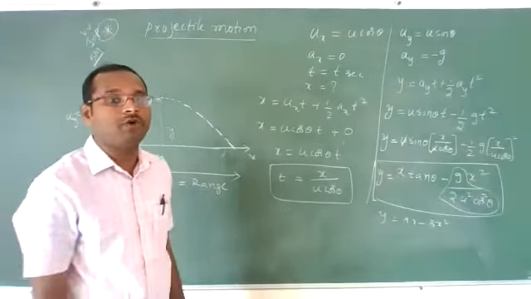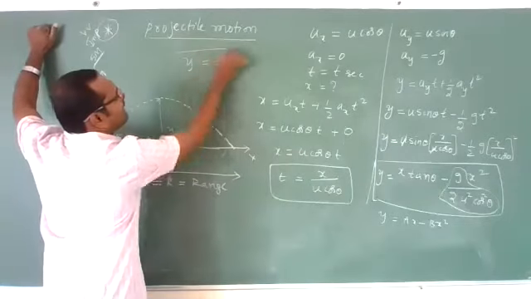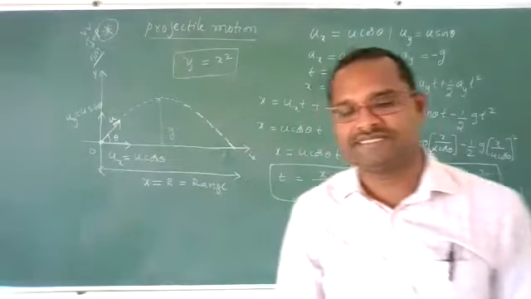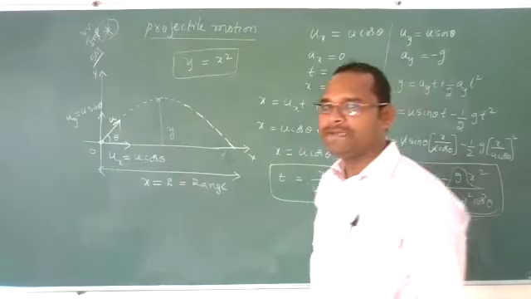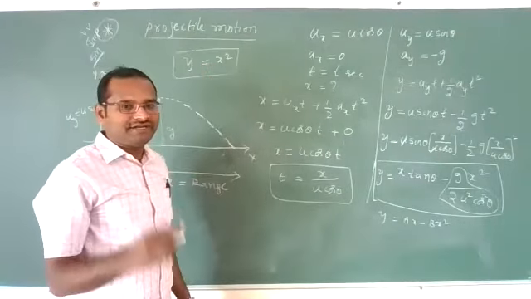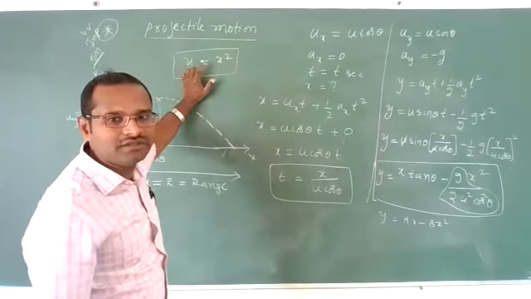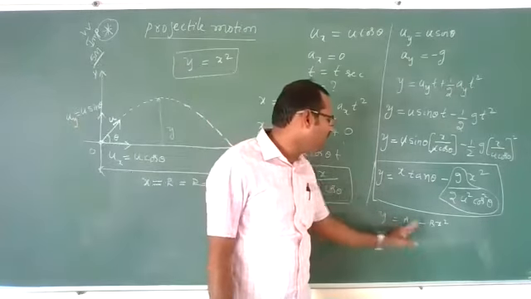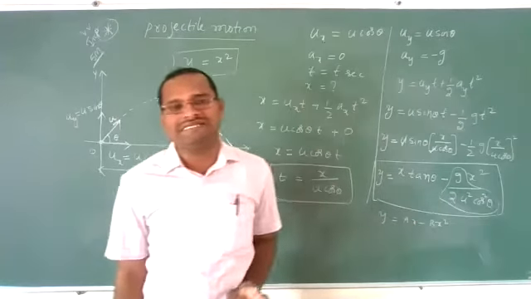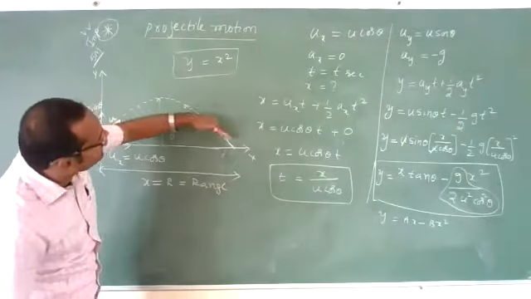parabolic equation, a parabola. You know y is equal to x square is a parabola. I have explained this in basic mathematics, in the bridge course. Whenever an equation is in the form of y equal to x square, it is a parabolic equation. Here this is also in that form. It is also a parabolic equation. Means mathematically we are proving that this body will go parabolically, like this.